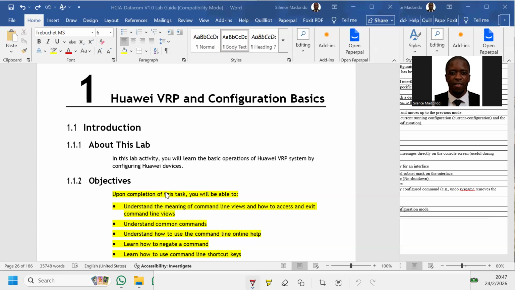Okay, hello everyone. Welcome to our first lab session, lab number one, where we basically introduce the Huawei VRP and configuration basics. With the Huawei VRP, we introduced the operating system, which is used to give commands to